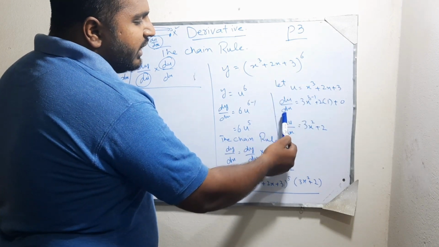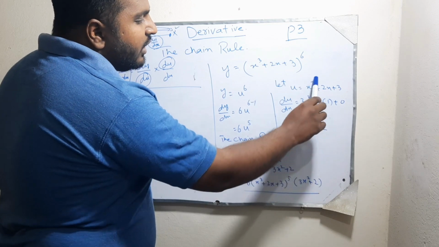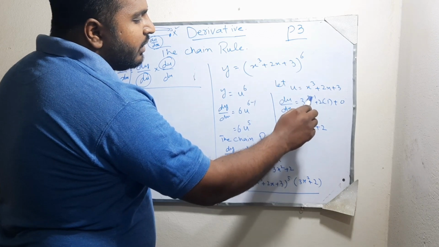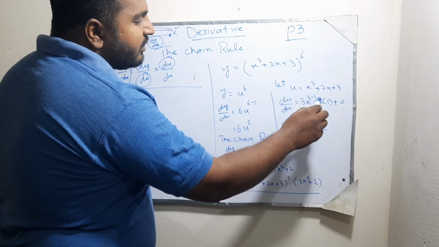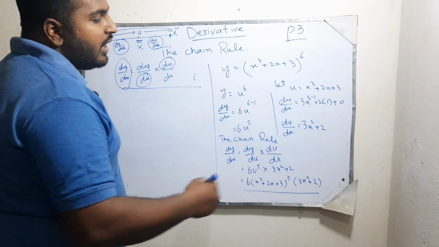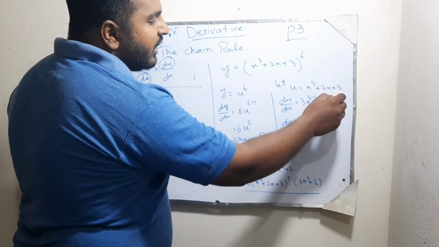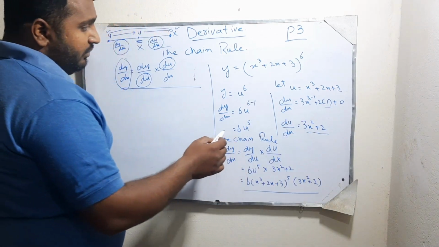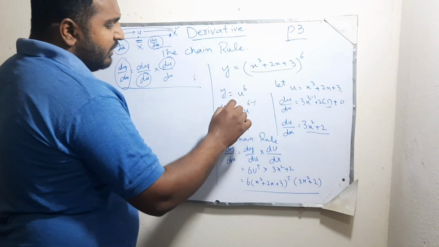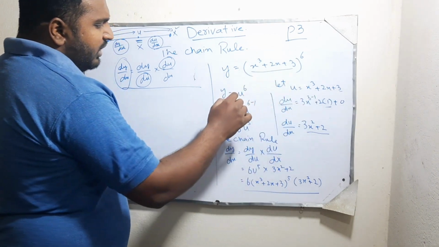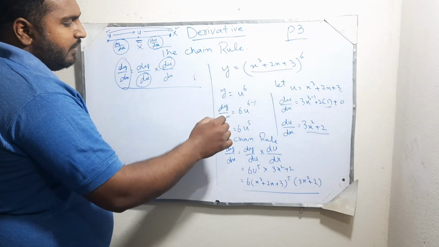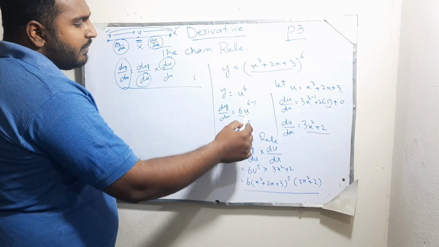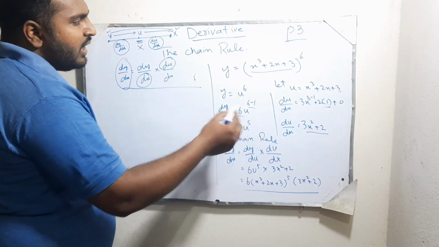This would be du by dx, and here power rules apply. This power will multiply here, 3 multiplies here, and then in the power of x, 3 minus 1, 1 would be subtracted, and the derivative of x is 1 and the derivative of a constant is always 0. It will become this. Now we will replace here in this place u, it would become u power 6. Here when we take the derivative, then this 6 will multiply here, and in the power of u it would become 6 minus 1. It is actually